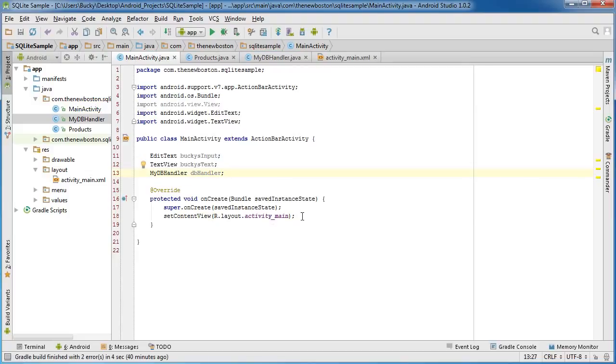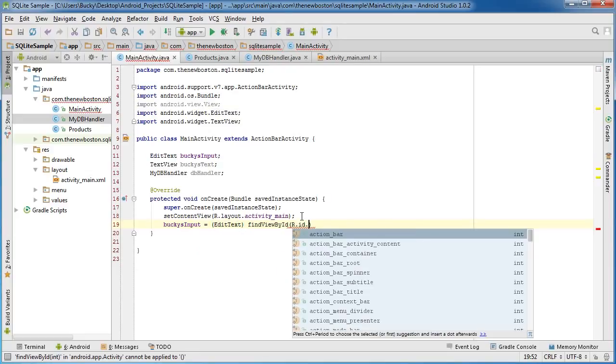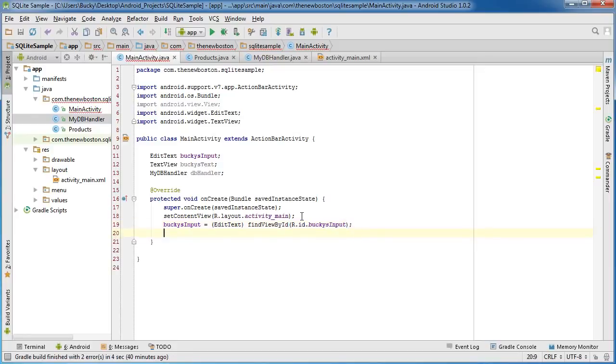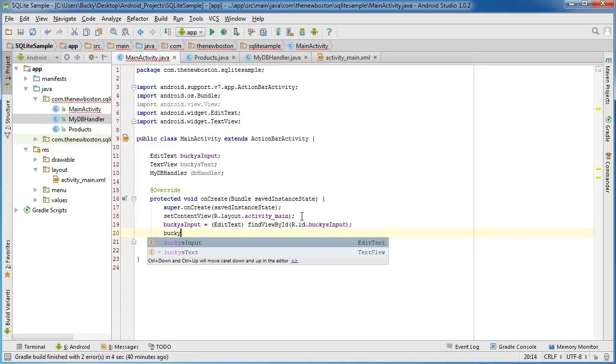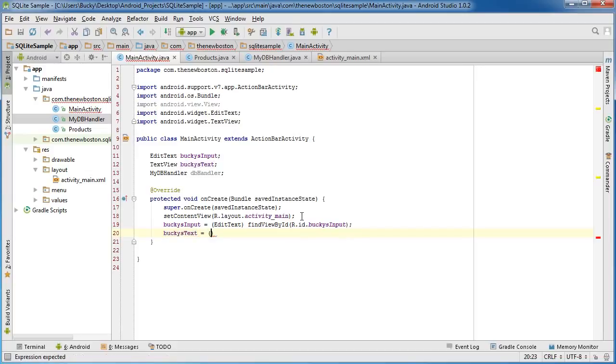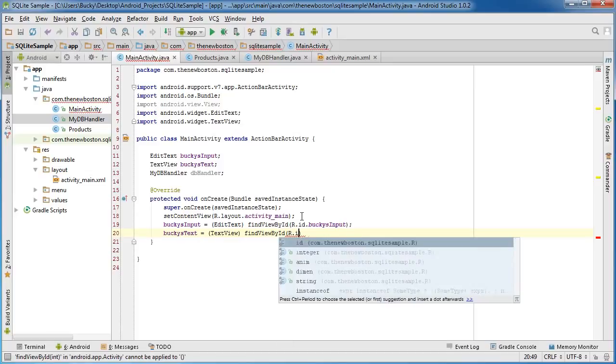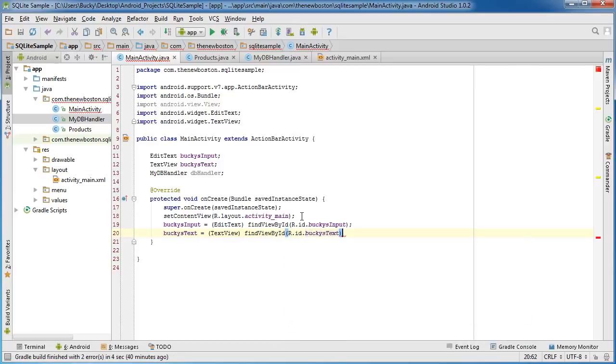Alright, so now let's go ahead and go to on create and do the housekeeping stuff. So Bucky's input, set this equal to edit text, find view by ID, R.id.Bucky's input, and the same thing with Bucky's text equals text view, find view by ID, R.id.Bucky's text. Now after this we need to set our DB handler object, and of course that's equal to new, what was